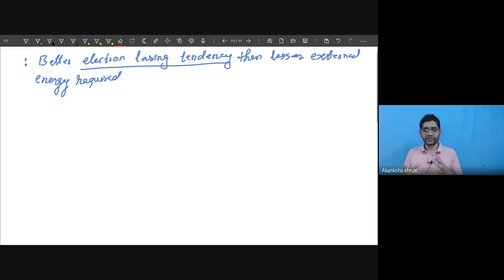Okay? Even during the rearrangement of atoms to form a new molecule, this energy is required to break the older bond and form the new bond. So one part is this external energy required, called the ionization potential. The better the electron-losing tendency, the less external energy is required to